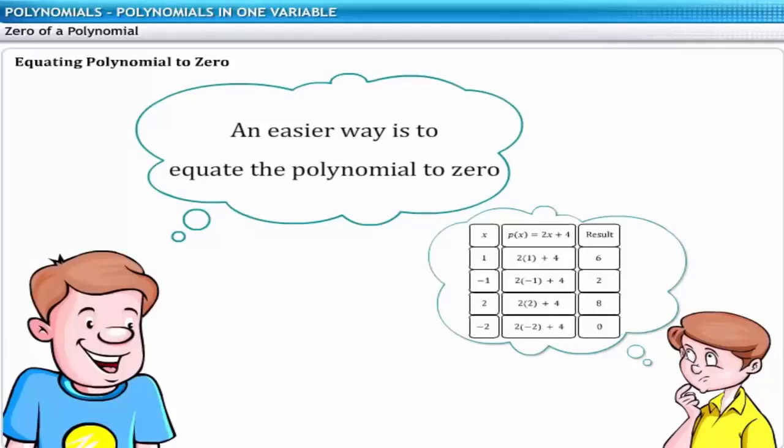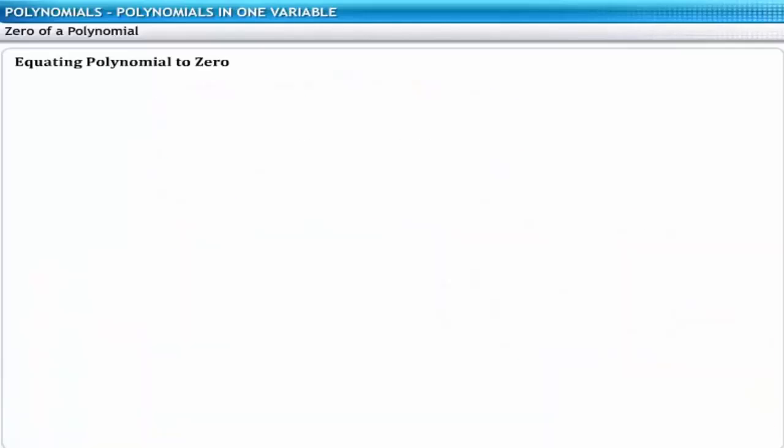to 0. In this method, you can find the zero of the polynomial P of x is equal to 2x plus 4 by taking x as the subject. Thus, P of x is equal to 2x plus 4. P of x is equal to 0. Thus, the value of the polynomial 2x plus 4 is equal to 0. On solving, you get